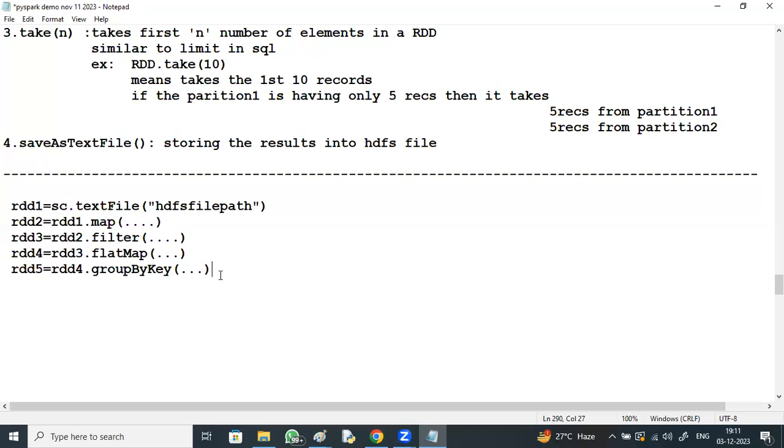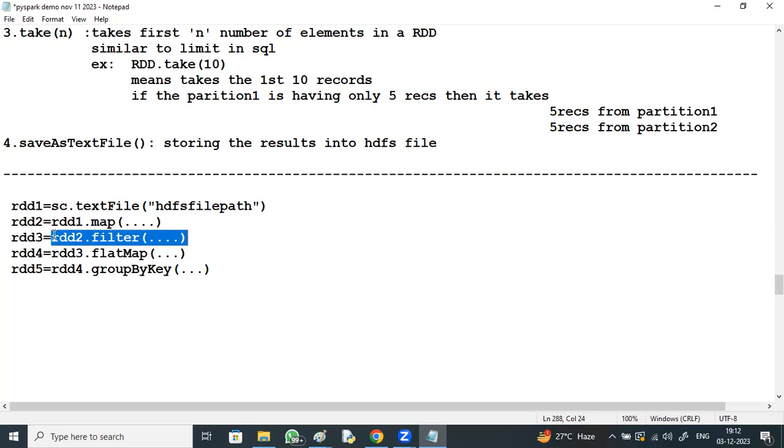I mean, the RDD will be distributed to multiple nodes, right? While performing filter on RDD2, right? Yes. RDD2.filter. So all the RDD2 partitions are distributed across multiple nodes, right? Now parallelly, it is going to execute and filter all those.